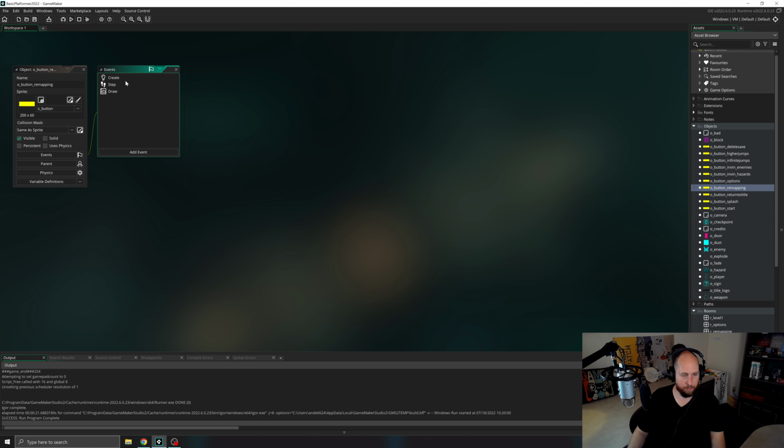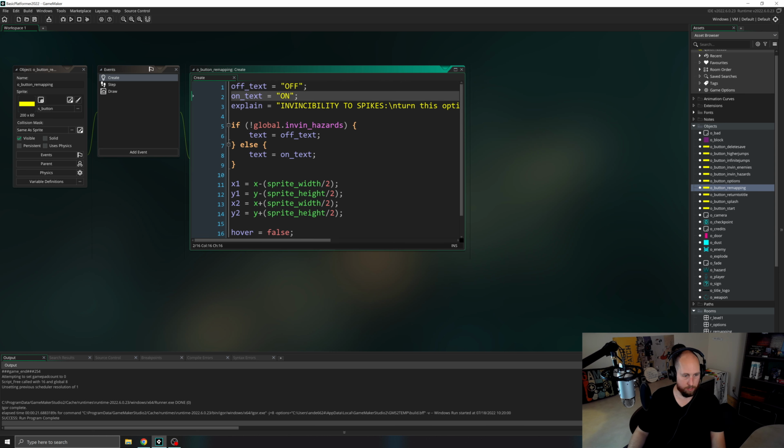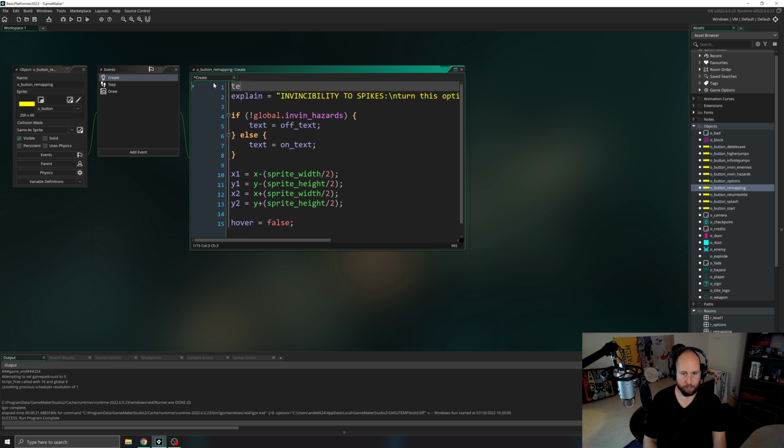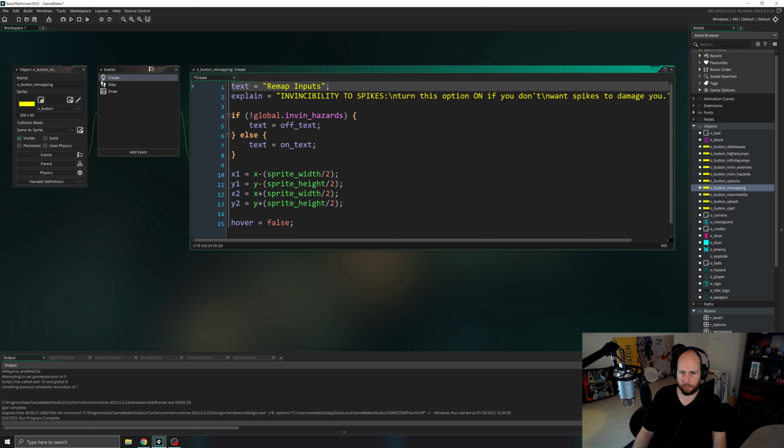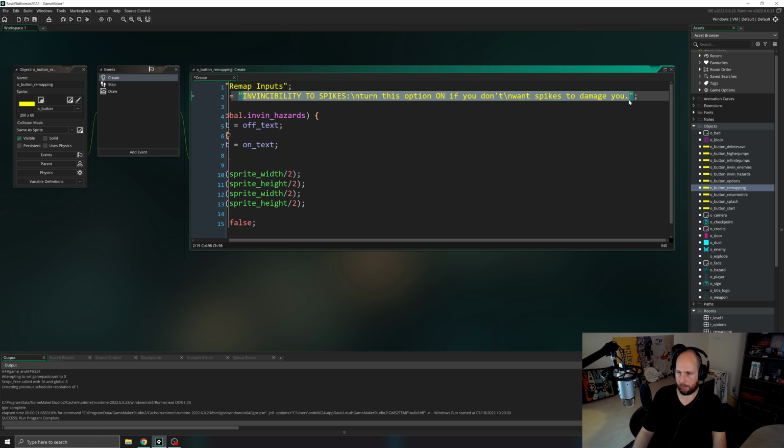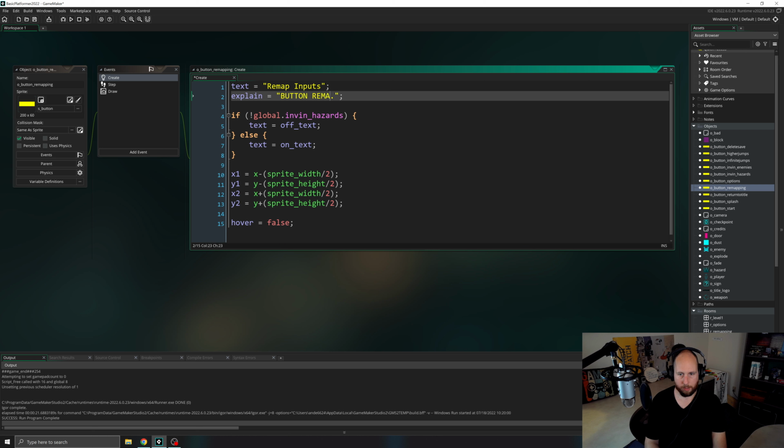And in the create event, add the lines that change the text and simply replace it with text equals "remap inputs", quote marks. And under explain, rewrite it to "button remapping: